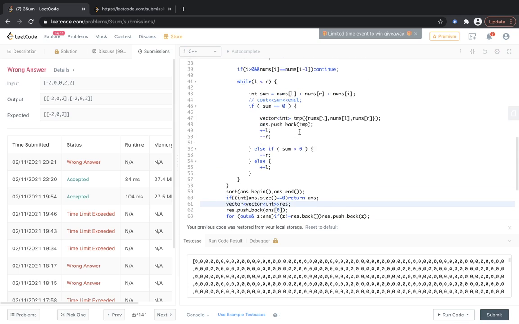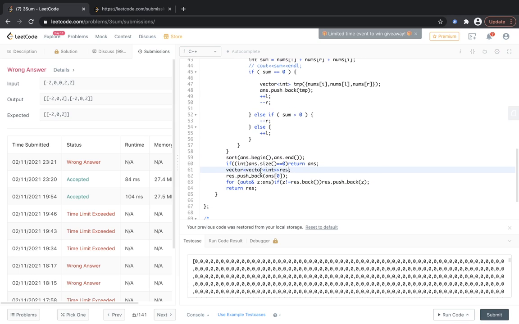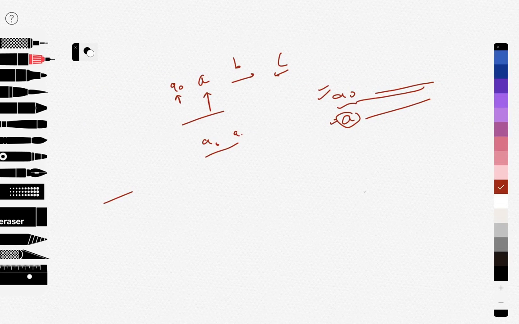So I am pushing everything in the array first, and then I'm checking that if the current array element is equal to the previous array element, just don't push it. If it is not equal to that, then only push it. So I'm just sorting these things and pushing. If you are confused about what is happening, you can think like this. If we have an array of numbers 2, 1, 1, 0, I'm sorting this array, so it becomes 0, 1, 1, 1, and then 2, and then I'm pushing only the unique elements in the array.